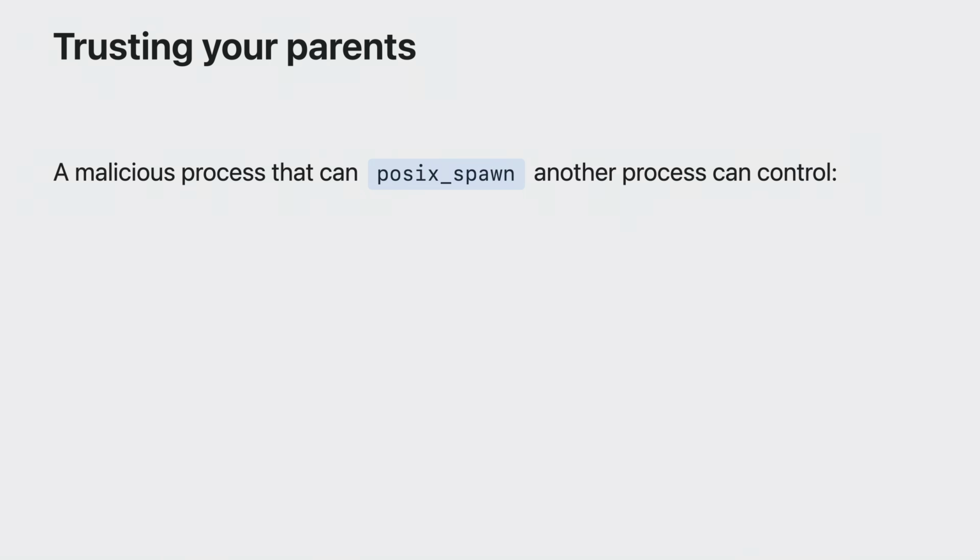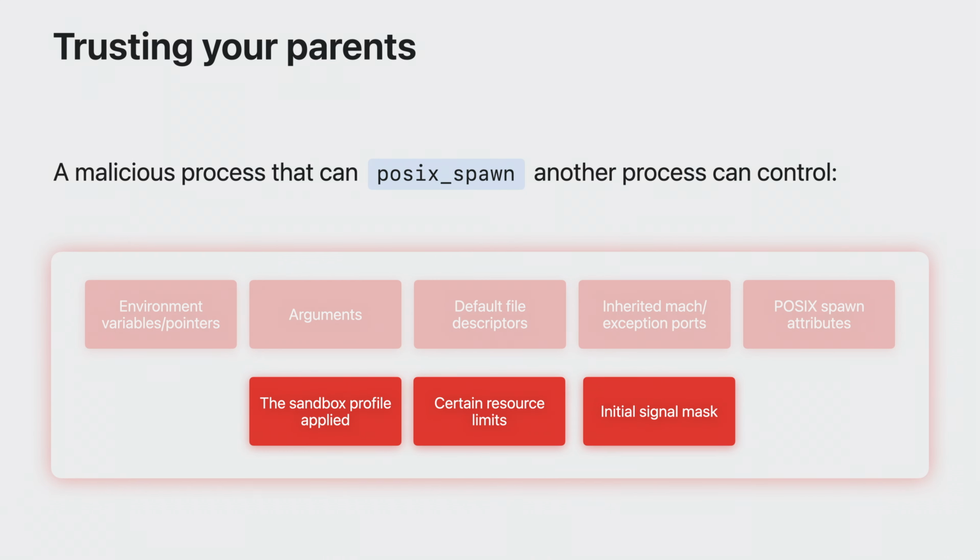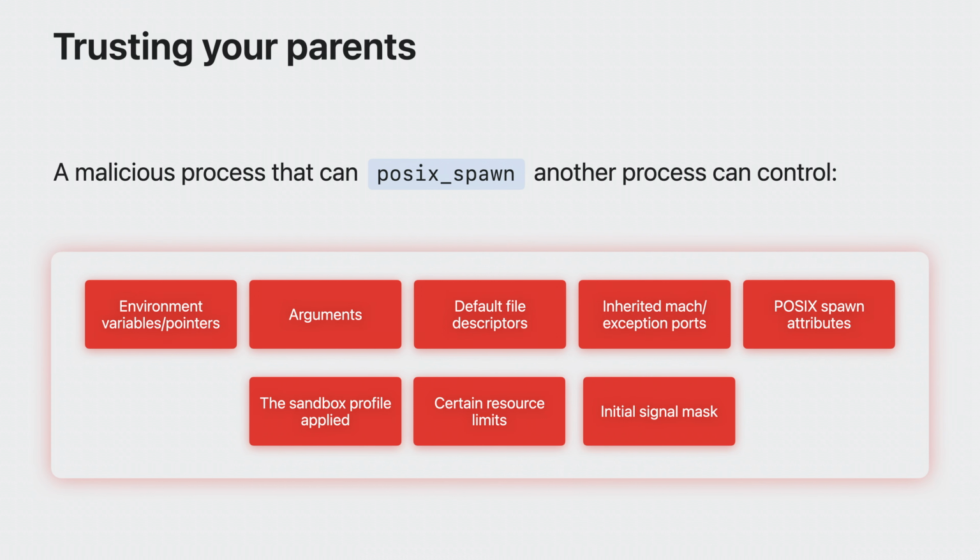Just like in real parent-child relationships, parent processes have a huge amount of influence over how a child behaves. On macOS, the power to POSIX spawn another process gives the parent the ability to control nearly all input to the child. The parent process can also limit the child's access to system resources. This level of control can cause the child to load unexpected code, to run unexpected features, or to behave in ways that make the process more vulnerable to attack.